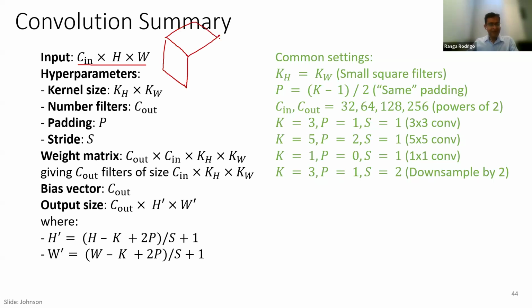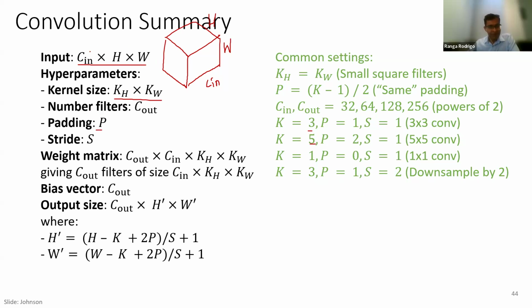When you consider this input tensor, we will have H times W, the width and the height, and then C in is the number of channels. For an image, it is 3, but later on in the network, it will increase. So we have the kernel size kW and kH, but these are usually 3 by 3 or 5 by 5. And the padding,